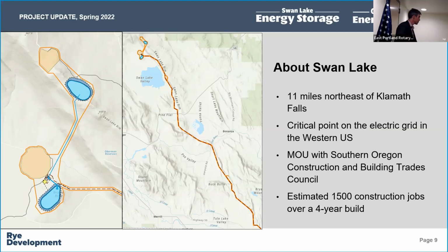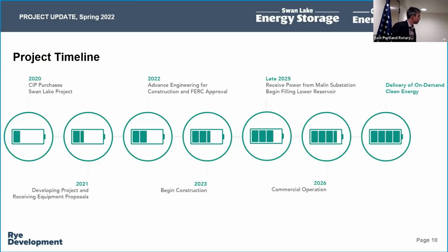Yeah, good question. So Swan Lake is 1,500 vertical feet. At the Goldendale project, it's well over 2,000 vertical feet between the 2 reservoirs. Are those open ponds? And how do you deal with the evaporation? Yeah, great question. So they're both open ponds, and to give you a sense of water use, the project